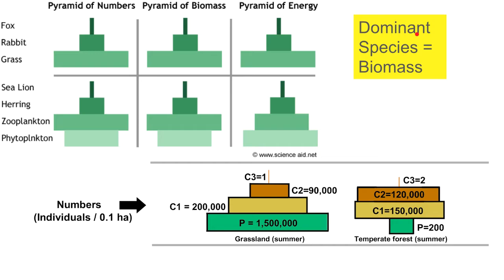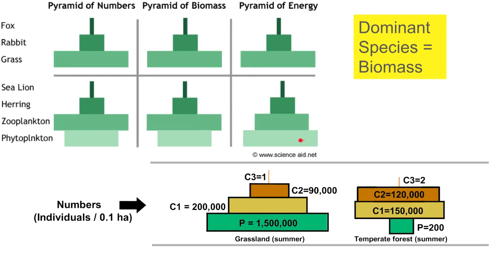In addition to keystone species, we also talk about dominant species. And a dominant species is the one that's going to have the most biomass. So now that we're starting to get into these pyramids, a pyramid of biomass here, the dominant species in this region would be the grass because it has the most biomass. In the water, or like in the ocean here, zooplankton would be the dominant species because it has the most